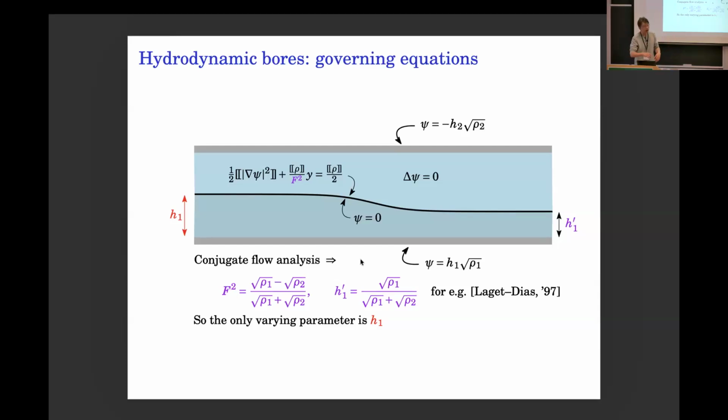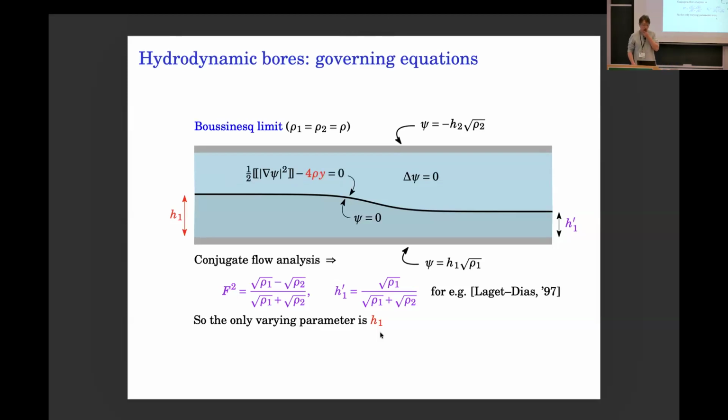If you plug everything in, you immediately see that for this heteroclinic connection to exist, the Froude number has to be fixed through the density, and so is the downstream height. So immediately you kill these 2 parameters, and you're left with one and only parameter to work with, which is the upstream height, H1. All right, so that's our bifurcation parameter. This is very helpful.